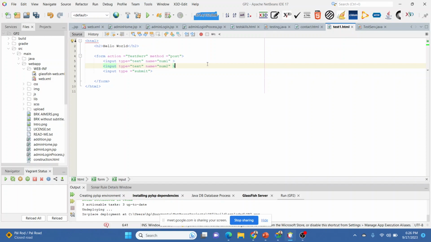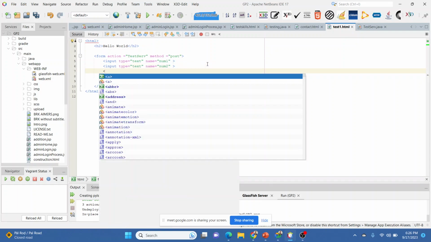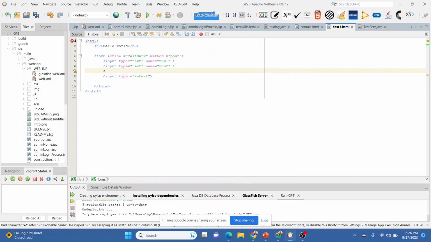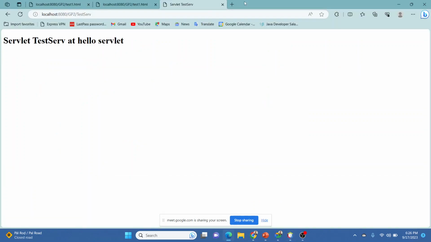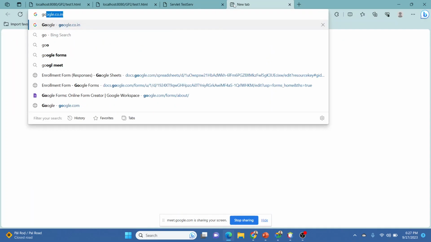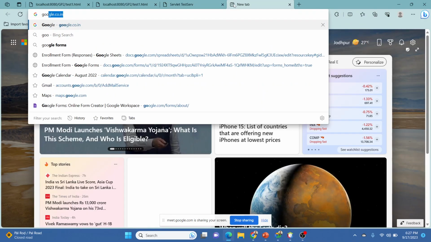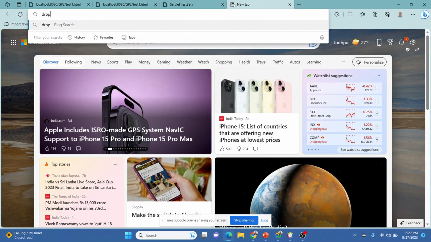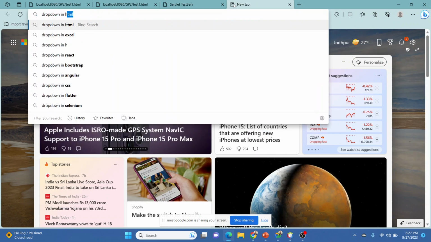We can put any name, and we can add the drop down also. If you have any issues regarding those, you can ask. Drop down in HTML.